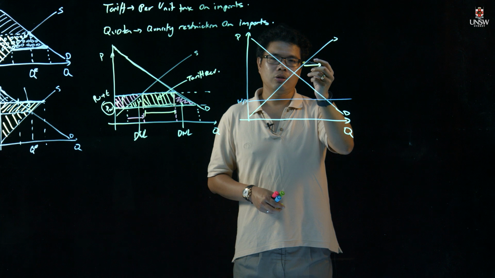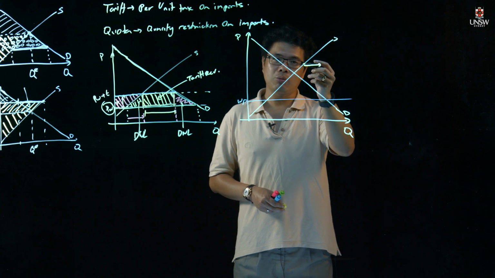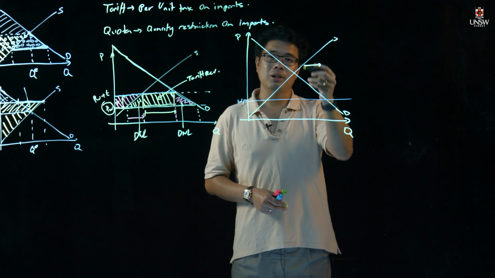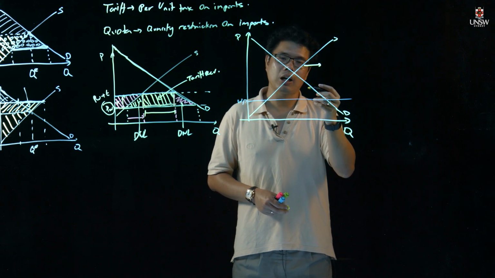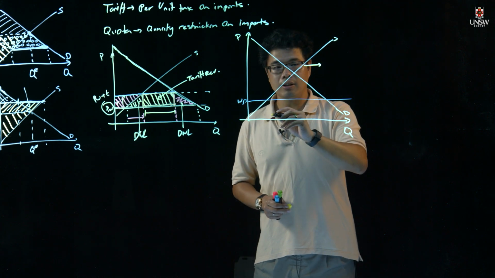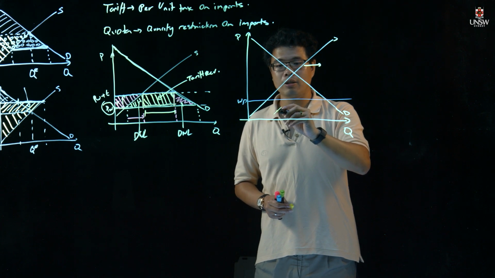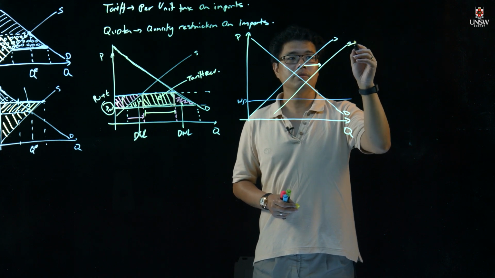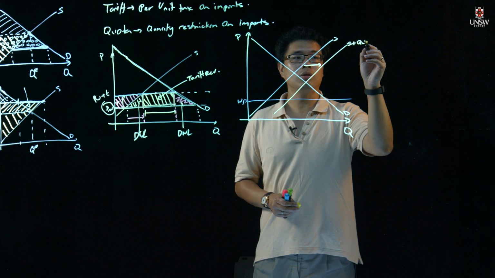So one could argue that, well, the fact that you're shifting the supply curve suggests that you've actually got a lower marginal cost, and that's not actually true. But it is one of the ways that we represent it to simplify the assumption. Okay, so this is what we call